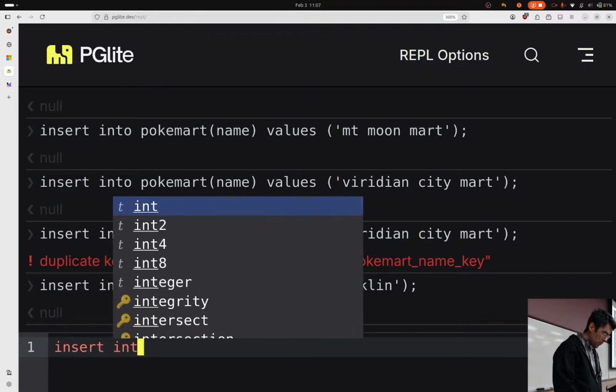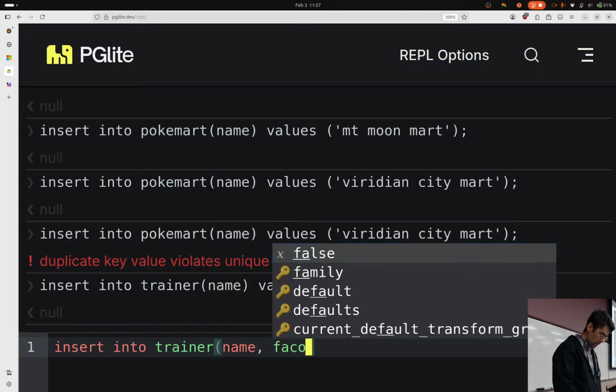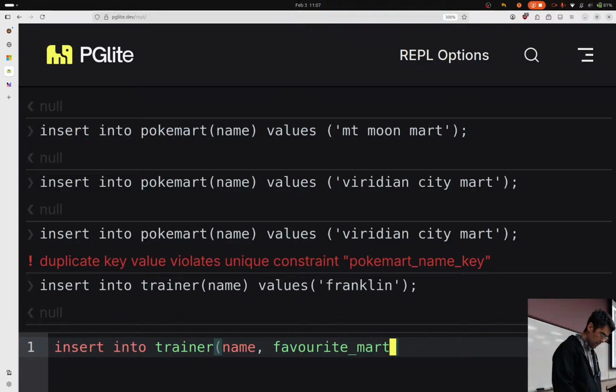I'm going to insert another row here. I'm going to insert a row that refers to a trainer with the name of Walter. And I'm going to say that Walter's favorite mart is, I'm struggling to remember now because it's been a very long time since I've done this, but